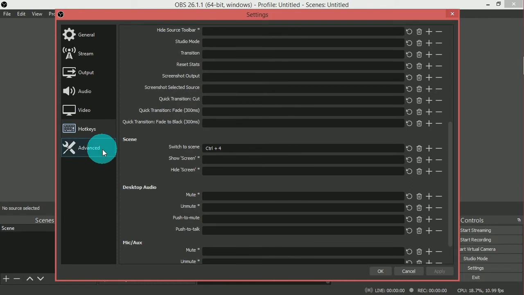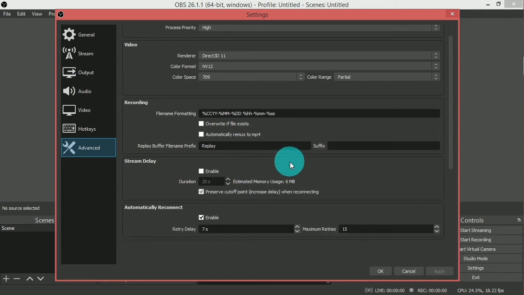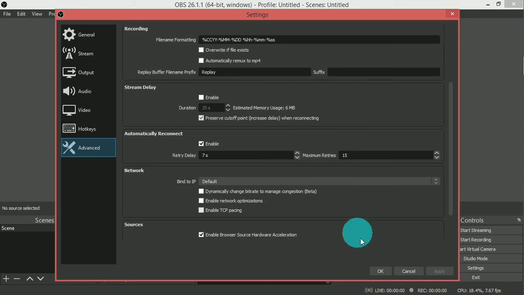And if you also want to configure the advanced settings, go to the advanced tab here, and the one which is used most is process priority. So if we have a low end machine, we should keep the process priority as high, because other applications will also be taking our memory. So we want the process priority of OBS to be high, which means the process of OBS will be prioritized in our system. And you can go through all these settings and you can change them as per your wish. Right now I am satisfied with the settings, and let me click on OK.